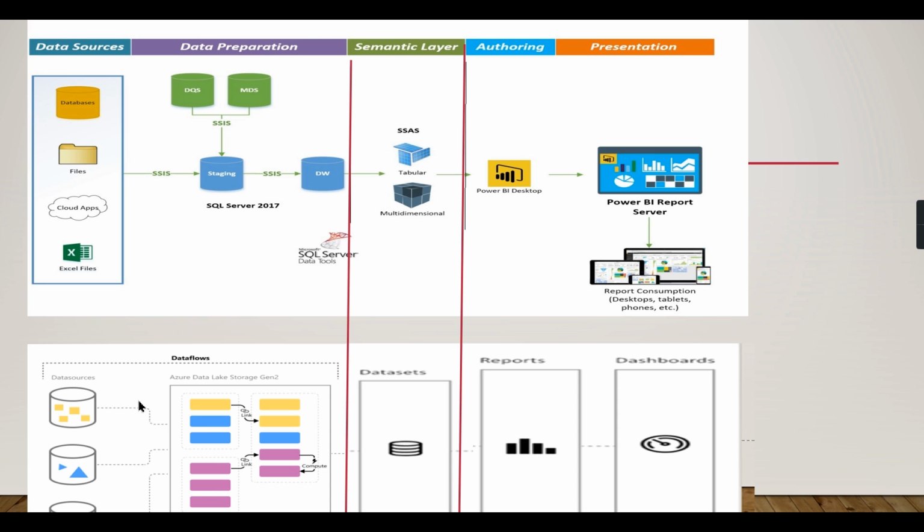So here dataflows will get the data and store it in the staging layer, the way we store it in the data warehouse. Dataflows is used to get the data and do the transformation, which will be used for your datasets. So with datasets, you are using it for modeling,